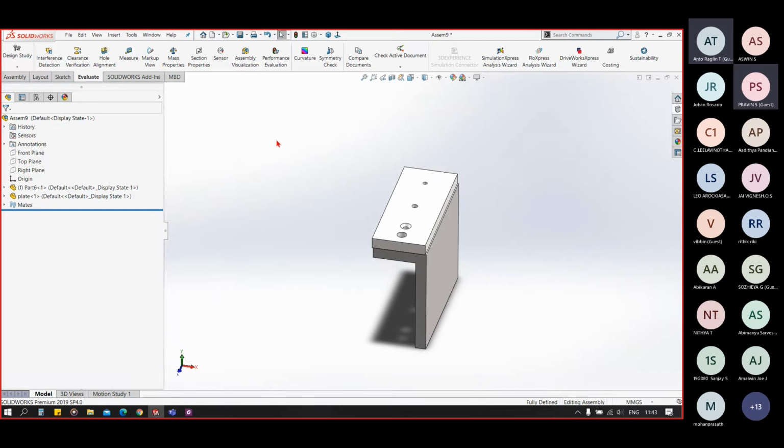It is for checking the performance of the software and the number of components in the assembly. Okay, so we have finished with our evaluation tab.